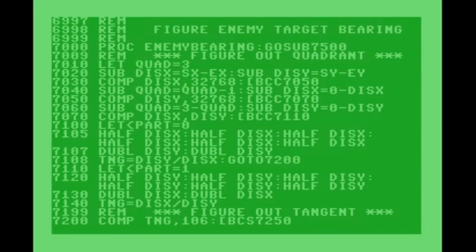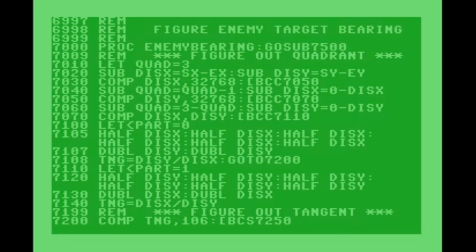Alright, now to reveal the enemy's brains. Now this part has so much going on that I think it would take too much to fully explain. I did explain how I break things up into quadrants and subquadrants, where each quadrant is divided into two halves representing 45 degrees of range. So in line